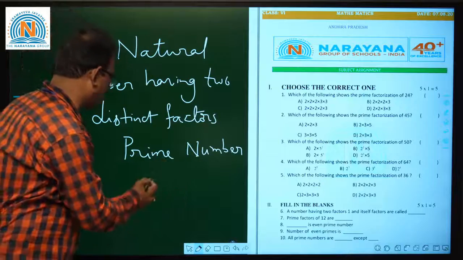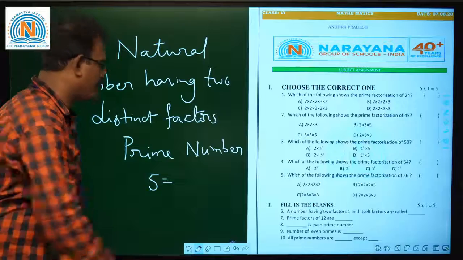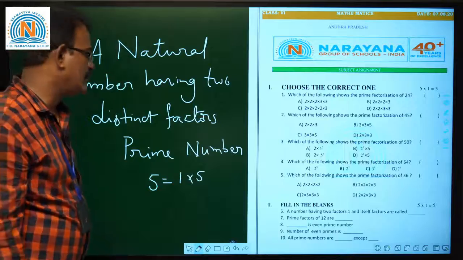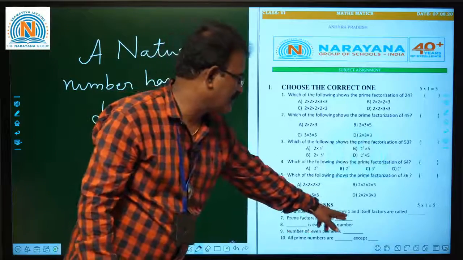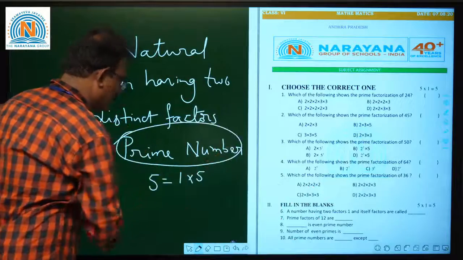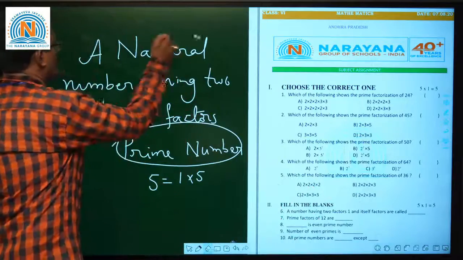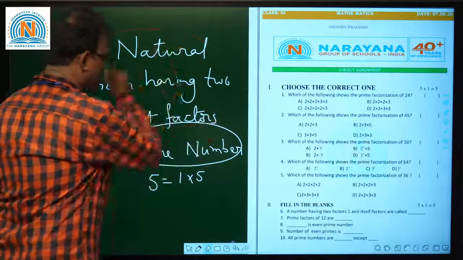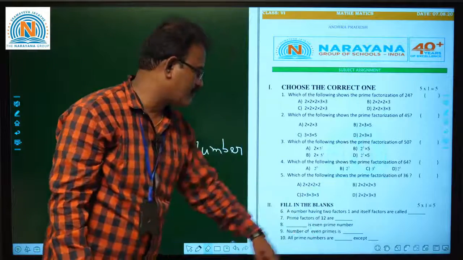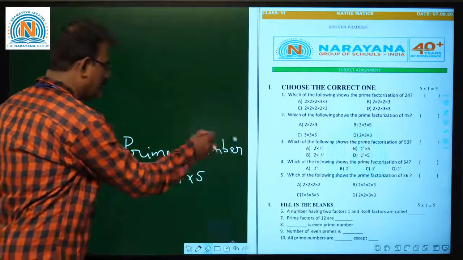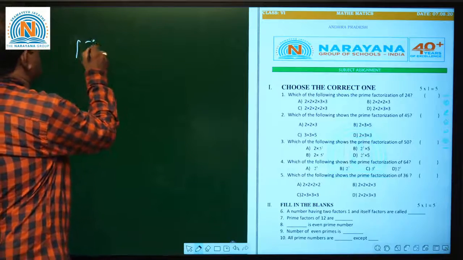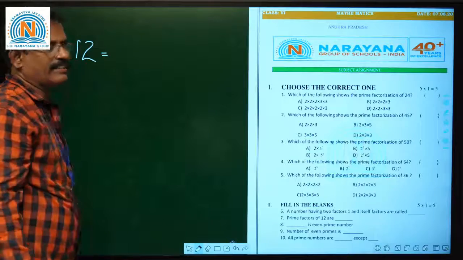Whenever you consider any prime, say for example 5, 5 can be expressed as a product of 2 numbers, that is 1 and the number itself only. So a number having 2 factors, that is 1 and itself, is called a prime number, and that prime number must have distinct, that is different, factors. And then prime factors of 12. What are the prime factors of 12? Children, let us try to write the factors of 12.